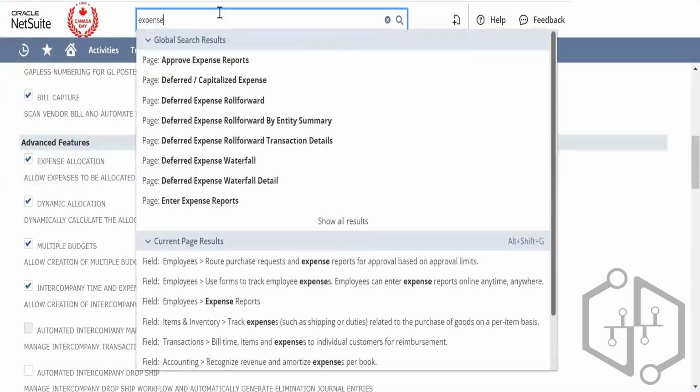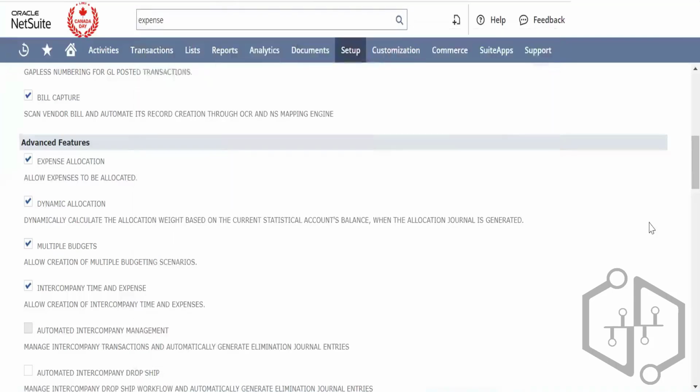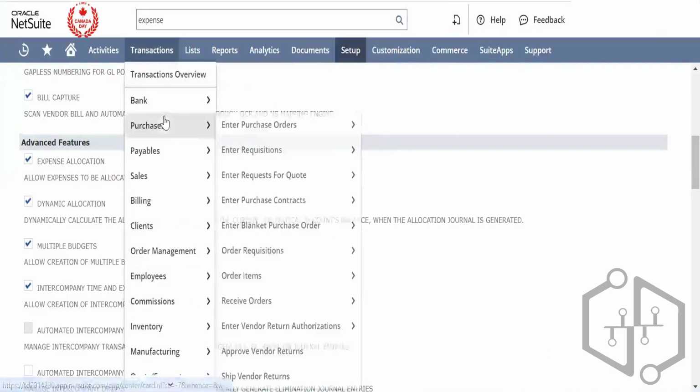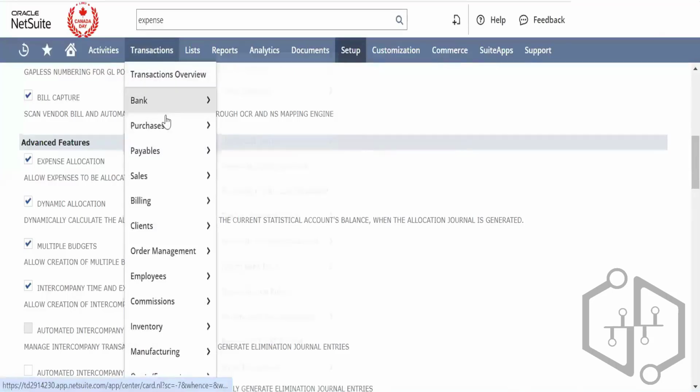Okay, you can have your amortization templates. As far as the amortization is concerned, you can put in your expense reports. The employees can put in the expenses, and when you are putting in a transaction, let us say a purchase order,